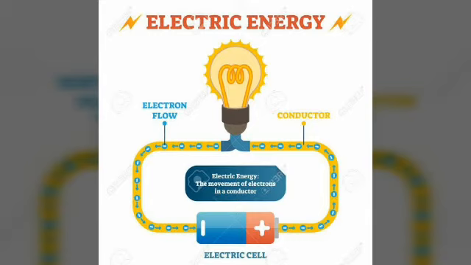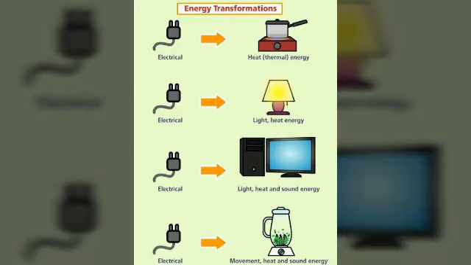See, electrical energy can be changed into so many energies. If you take a bulb, the electrical energy changes to light energy. If you take a grinder, the electrical energy changes to a grinding mechanism. If you take a fan, it makes the fan run, rotating and giving you air. Electrical energy can make machines rotate or produce. There are so many things. Electrical energy can be converted in different ways.